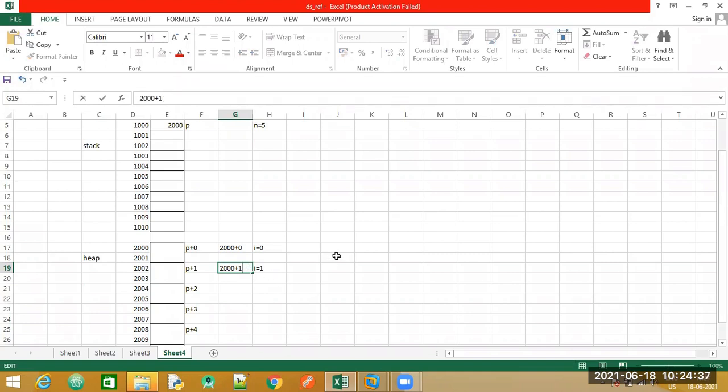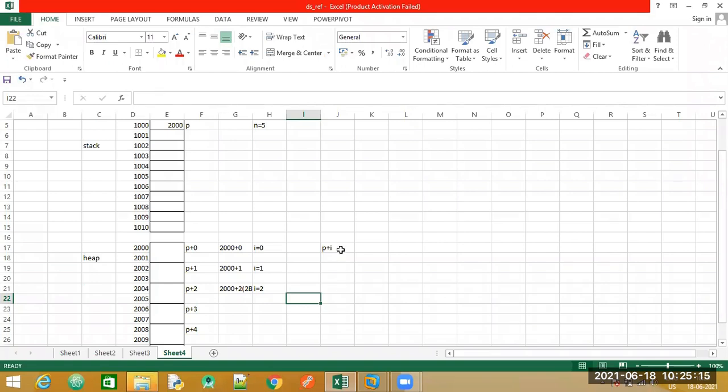That is the meaning of P plus I. The value of I here is going to be 2 bytes, so every time the value of I is incremented. If I becomes equal to 2, it is going to be 2000, the base address, plus 2, that is the value of I, into 2 bytes, which will be automatically taken by your compiler. At the time of execution, automatically it will be taken by the machine. You need not explicitly specify it.